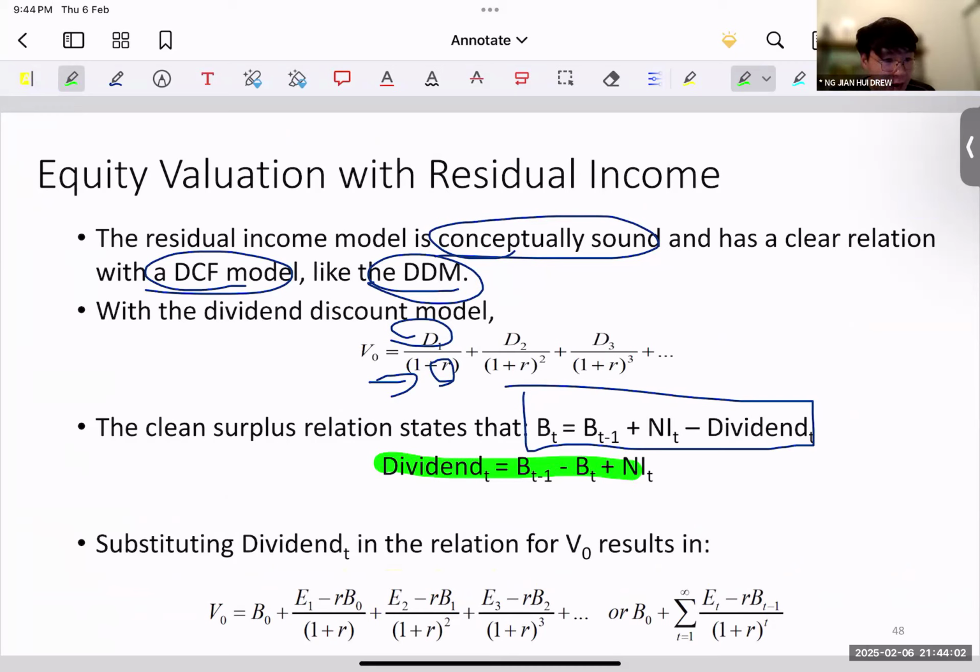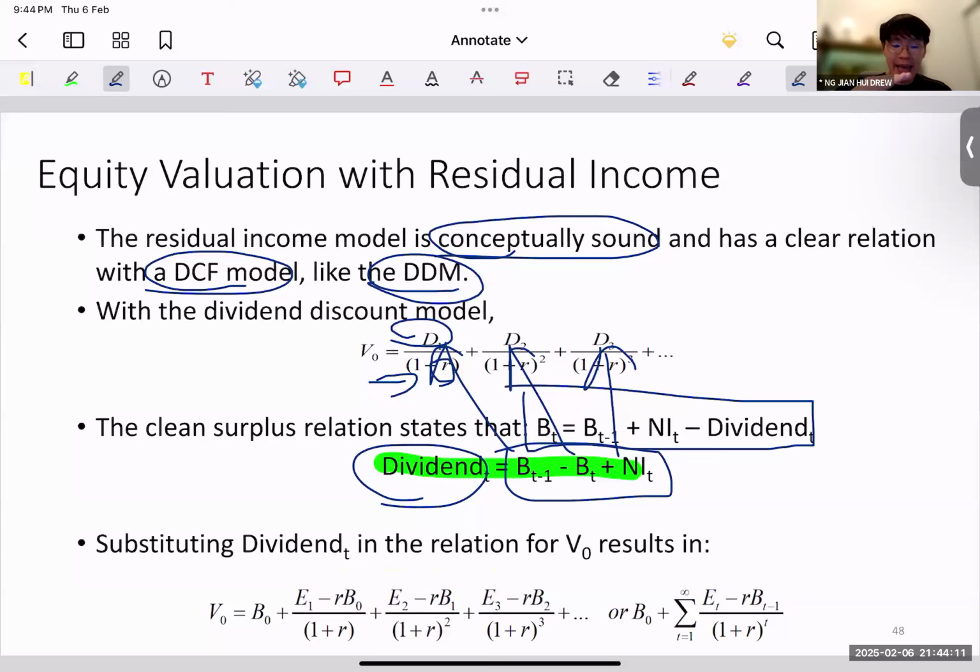So given that you are at a dividend level, we can substitute this chunk of thing into here, right? Substitute here like this. And so by substituting there, and we just do a bit of shifting or manipulation, what we can get is actually putting we combine all the book value B naught together, and then we can actually get a formulation like this, which in other words means your book value now plus all your summation of your various income that you have made minus the equity charge.